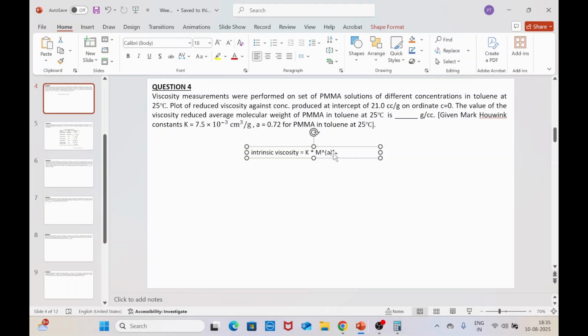So this value is going to be your intrinsic viscosity. Let me write it here. Reduced viscosity at C tending to 0, or in this case equal to 0,